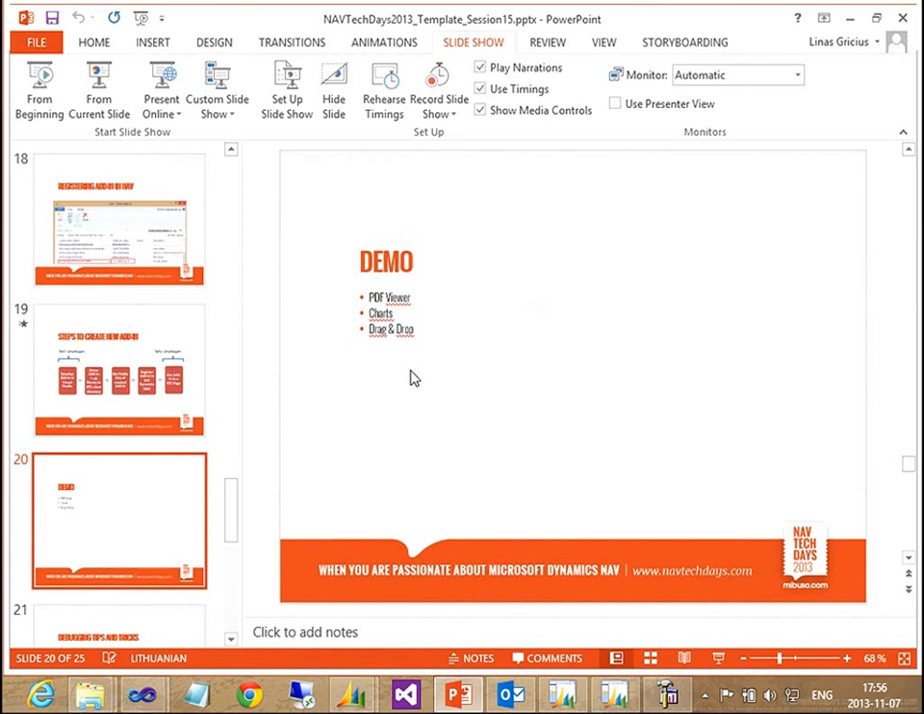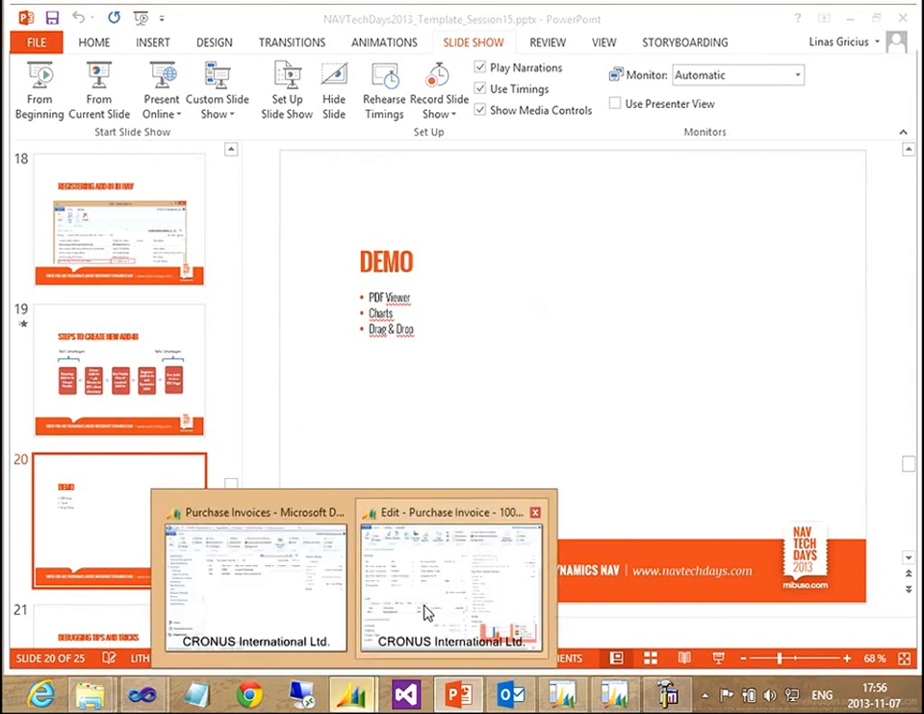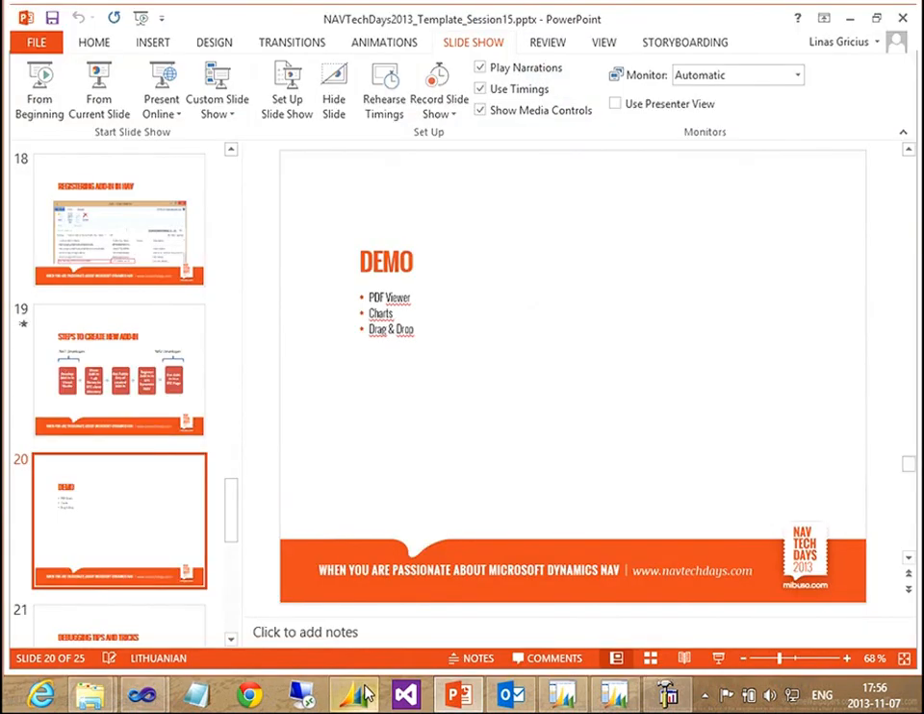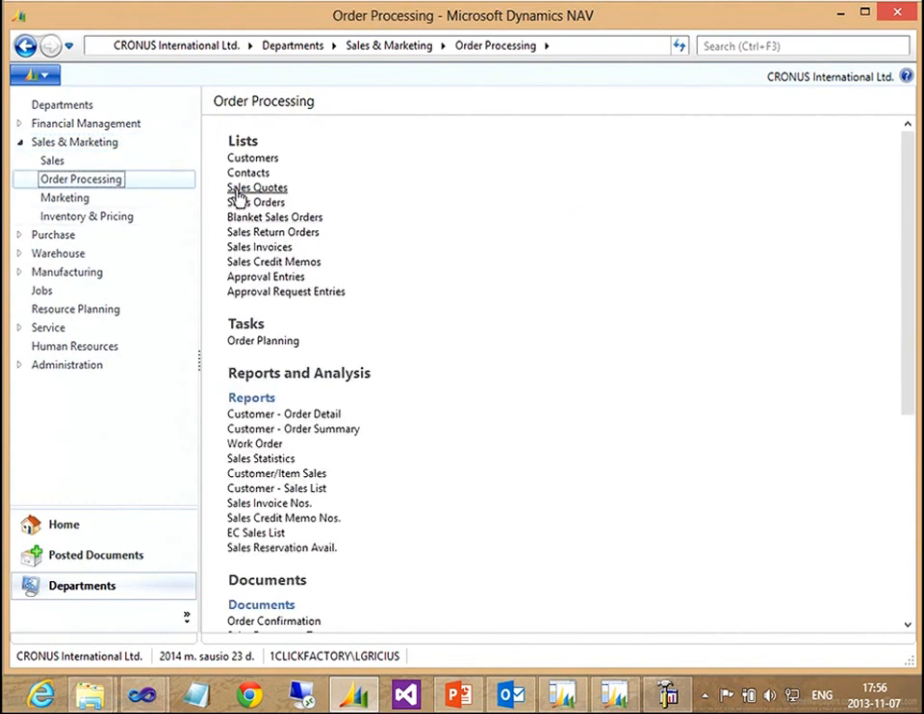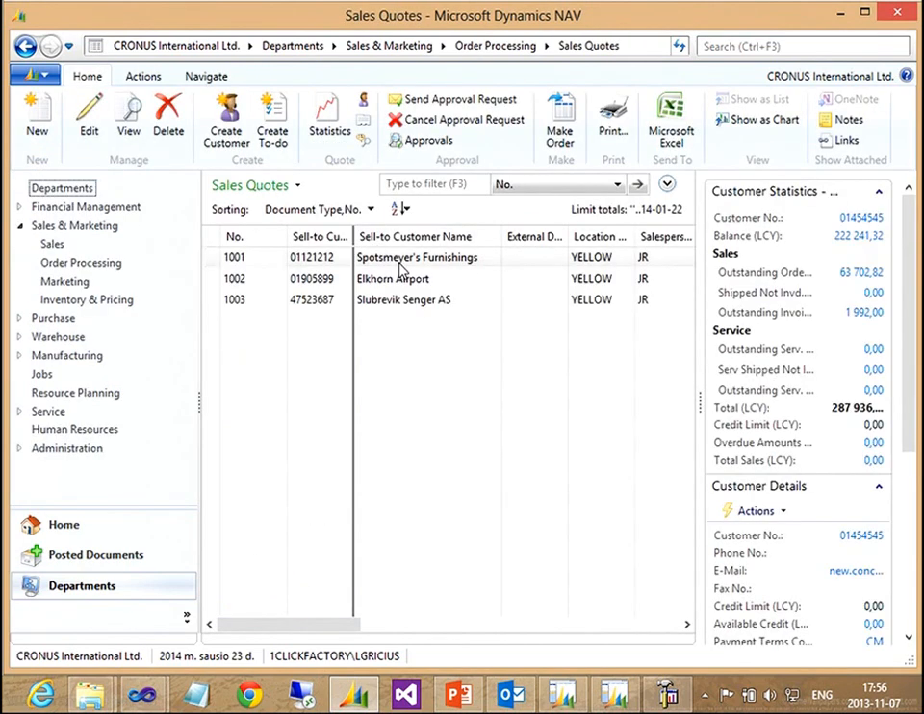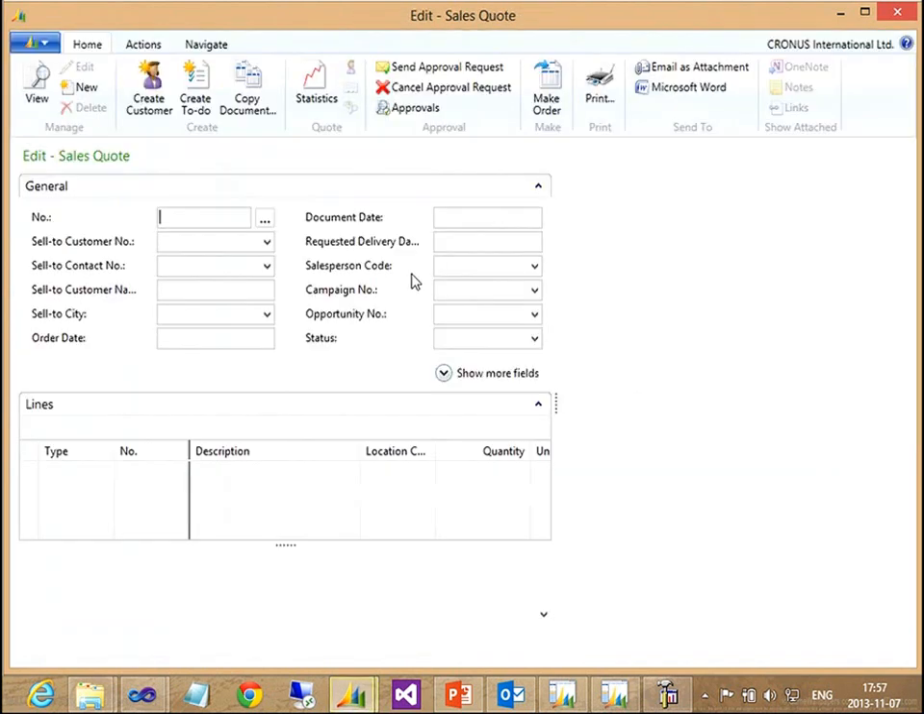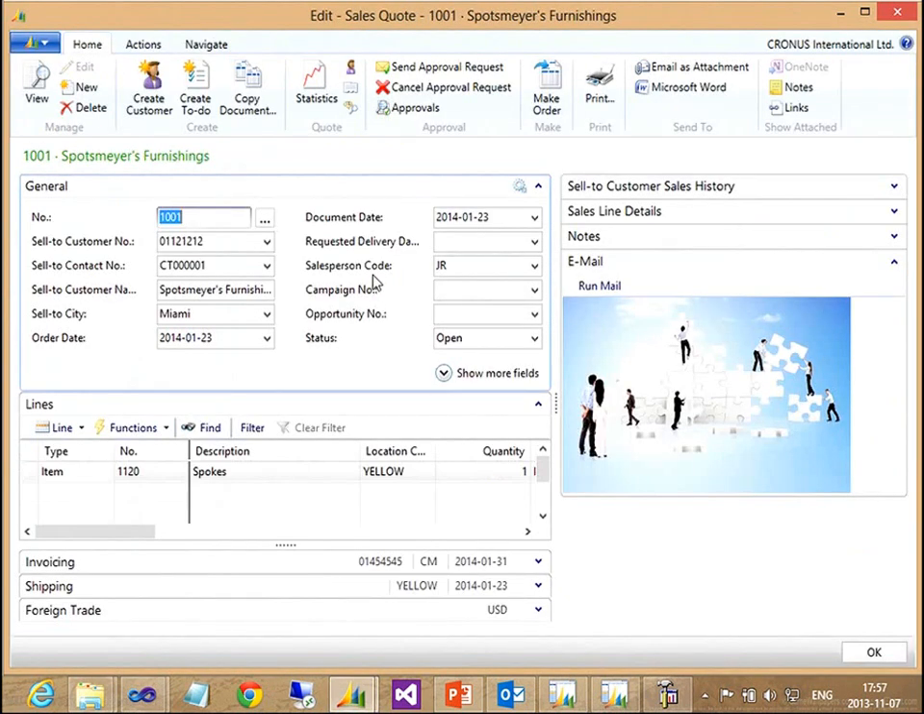So for this example, I thought that it would be nice just to show the drag and drop functionality which you can implement in the NAV pages. So I added it in one of the documents, on the sales quote. And why did I add it to the sales quotes? It's because it has a reason. From the business perspective, we might have a solution where, for example,